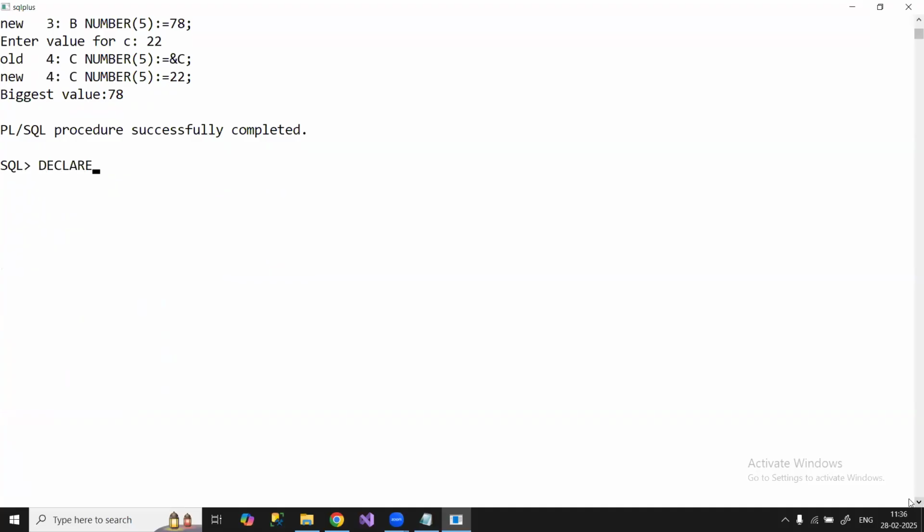So here I'll say declare n number of 5 colon equal to 1. So n is the variable initialized with 1. Colon equal to means for assigning the value. In C language and in Java for assigning value we use equal to, but here we are using colon equal to to give values to the variable. Then here I'll say begin, then loop, and here I'll say dbms